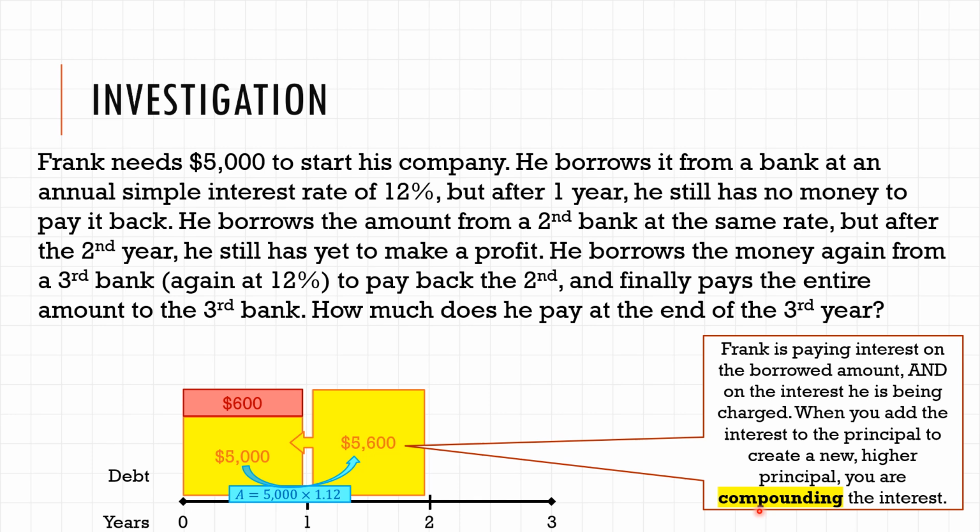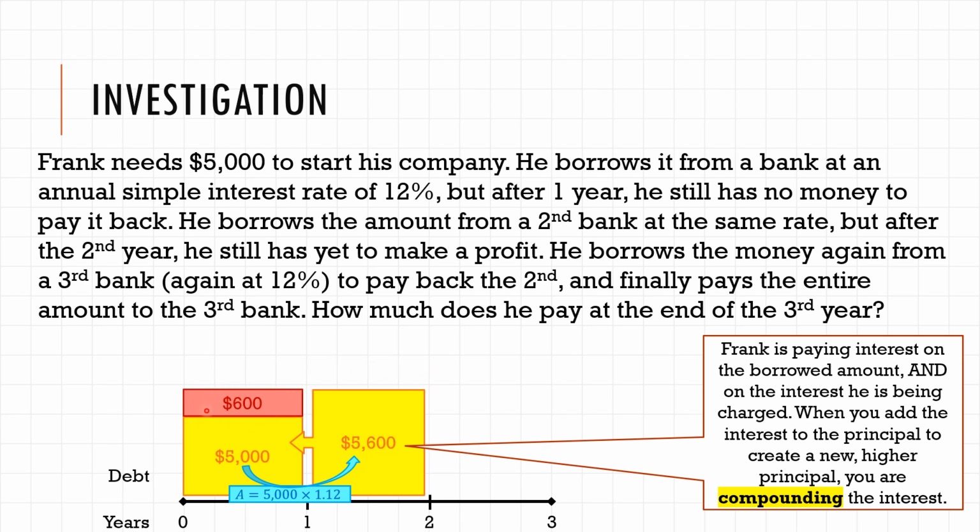To compound means to put together, like compound words, right? Like the word bittersweet is a compound word meaning bitter and sweet. This is compounded interest. We took the principal and we added it to the interest. So you might say, oh, so he's got to pay back another $600 in interest because you're seeing the $600